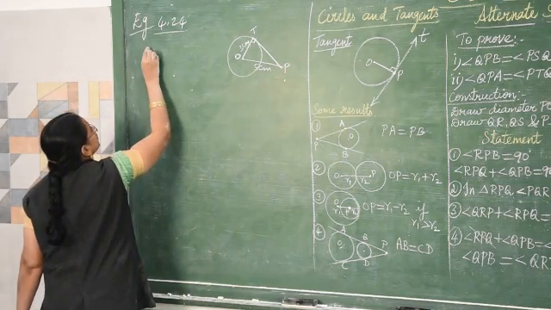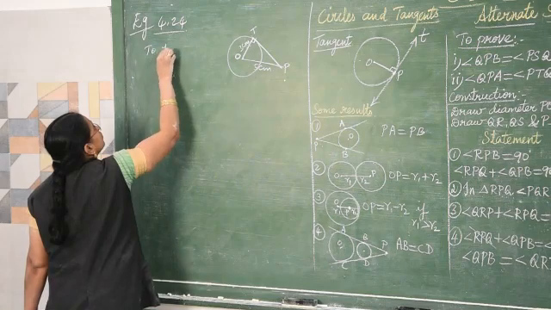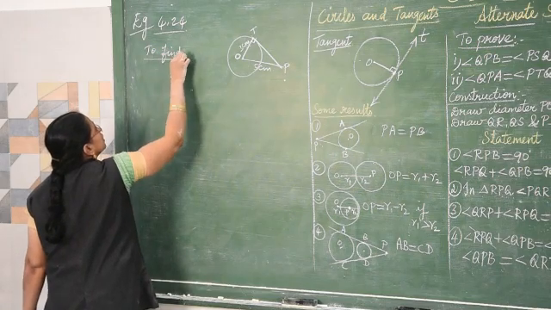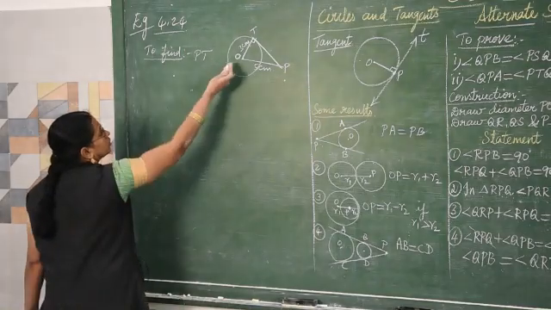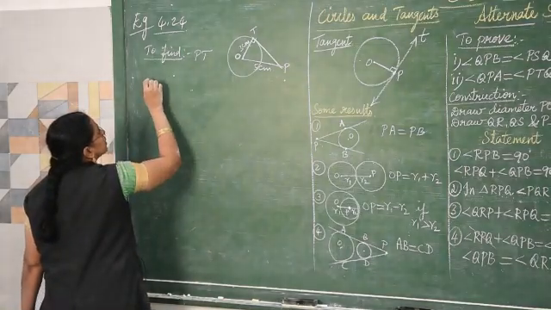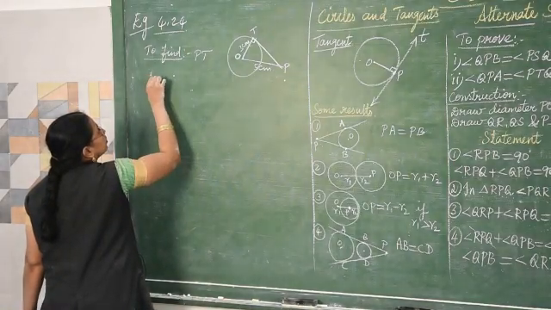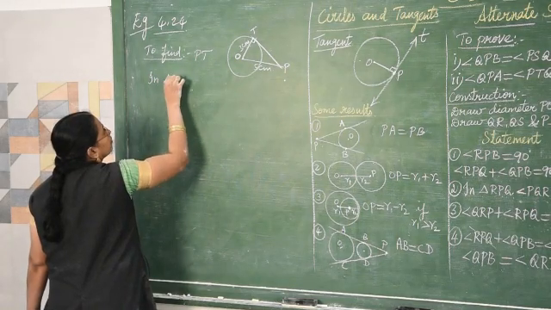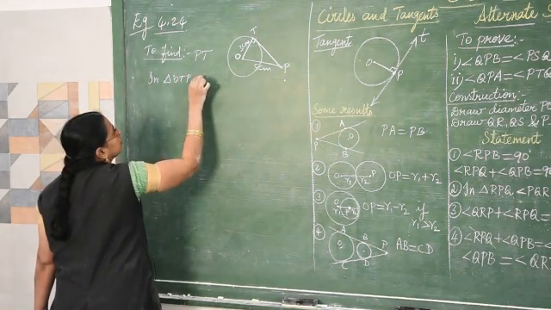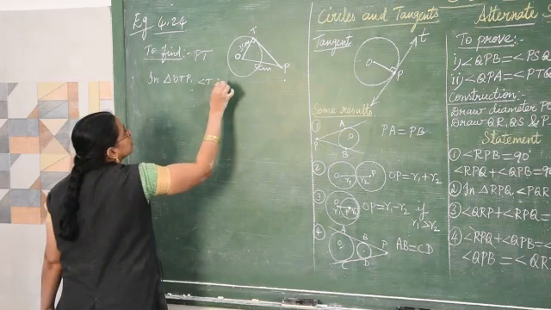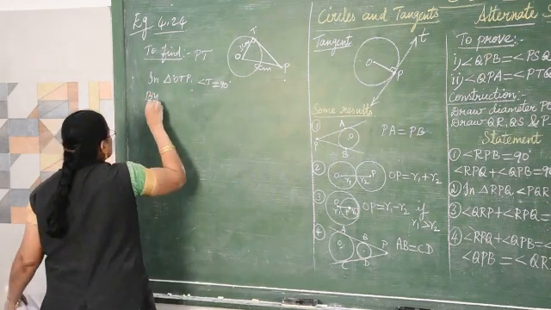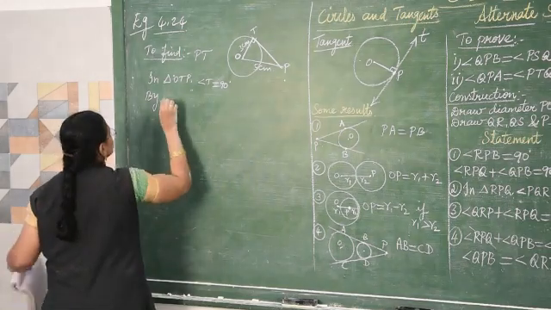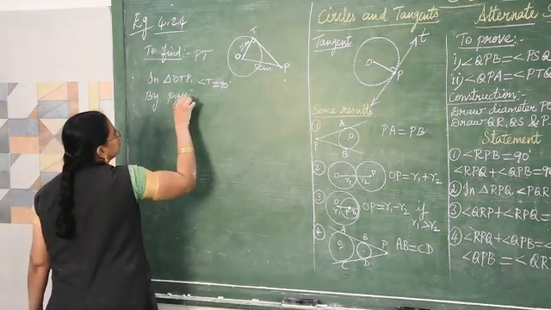To find it, you can apply the Pythagoras theorem. In triangle OTP, angle T is 90 degrees. So by Pythagoras theorem,